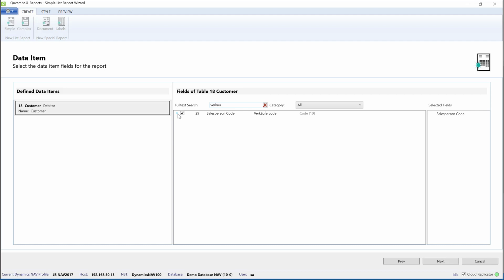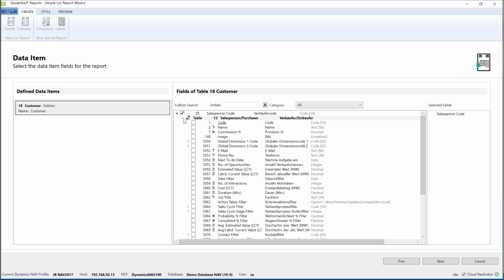When I click to open it up, I can see that there is a relationship on the salesperson purchaser table, and when I click again on this triangle, a list of fields for this table is displayed. With that, I am now able to select the name field. This means that I can join additional information from another table for my report, which can later be included in the layout. I have completed my selection of the fields and click on Next to proceed to the following wizard